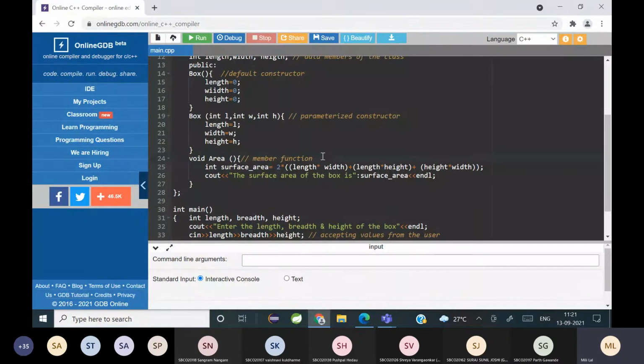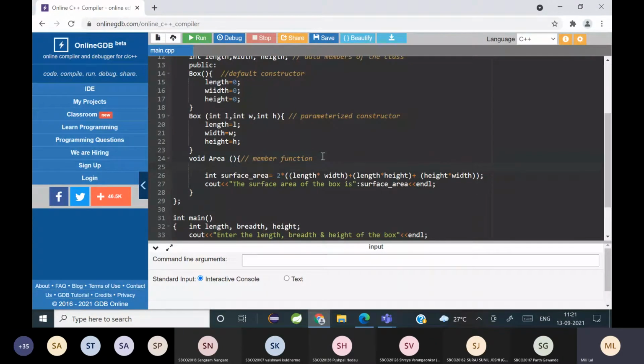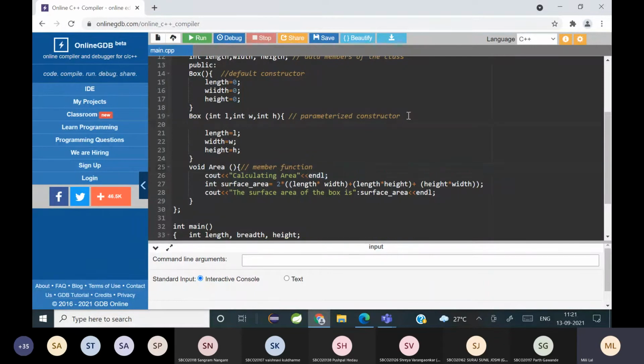So if you want to know the logging, you can just write cout calculating area. We know that we are inside that. If you want, you can write here, calculating area.